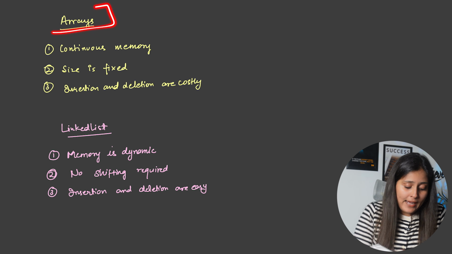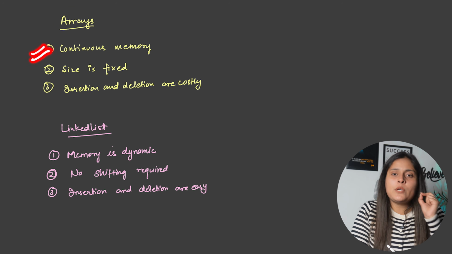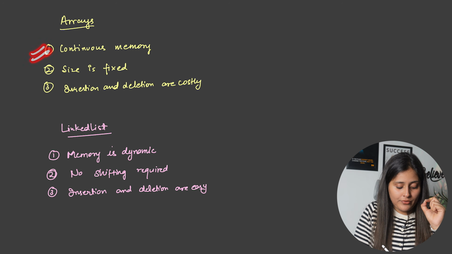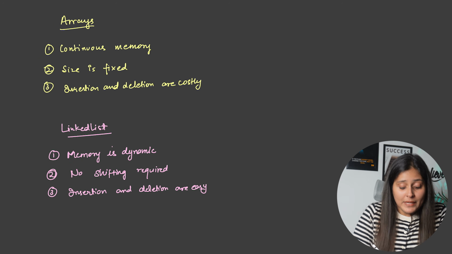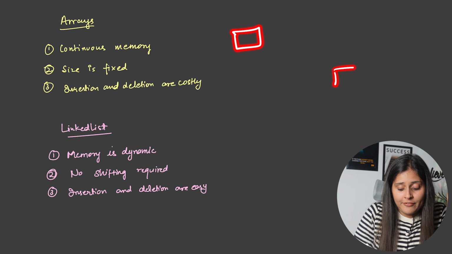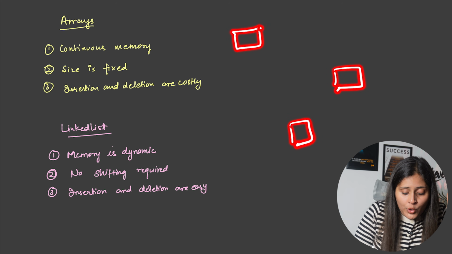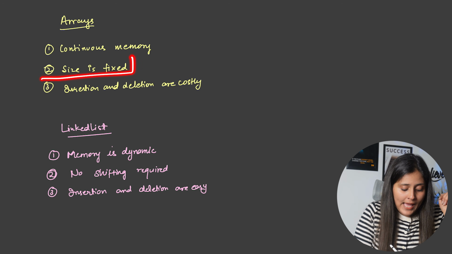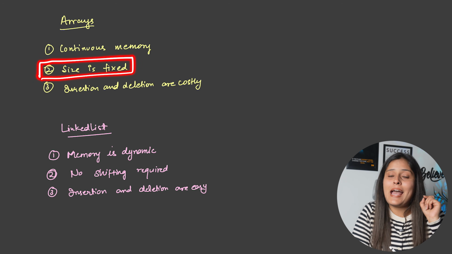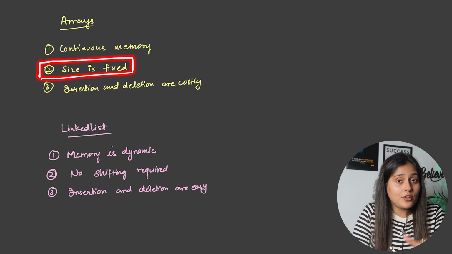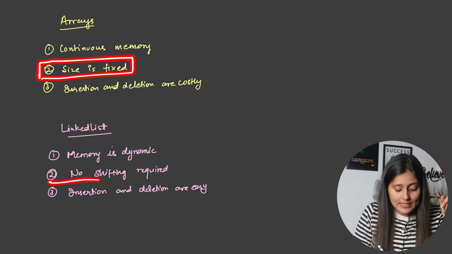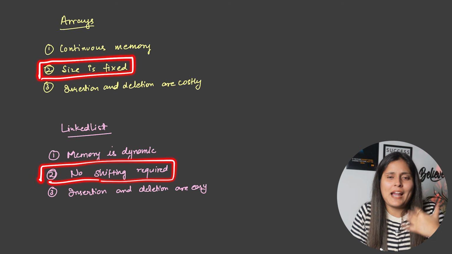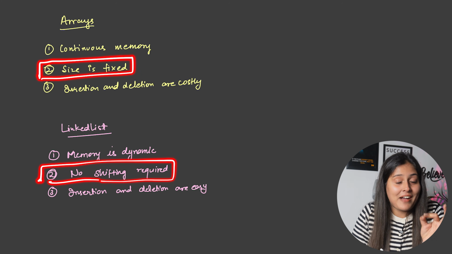The problems with the array were it needs continuous memory allocation, but in case of linked list memory is dynamic. Means node can be present anywhere in the memory and all nodes will have the memory address for the next node and they will be connected to each other. Second point in the array is size is fixed. If we have defined the size of array, we cannot change it. But in case of linked list, we can change it. We just keep adding the new nodes and the size will vary dynamically.